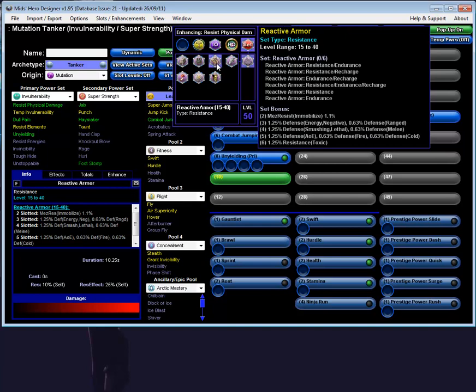Basically, each of the sets will have multiple pieces in it, and if you just hover over it, it will show you how many pieces are in the set, and will give you these set bonuses based on how many pieces you have in the set. So if we have reactive armor here and we have 4 pieces, we would get the Mez resist, we would get the 1.25% defense, or if we're on a build that's using